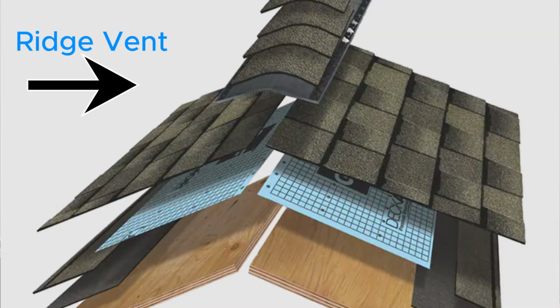They look kind of like a register a lot of times, and that vent will allow cool air to suck up in as heat rises and escapes out at the ridge or somewhere else